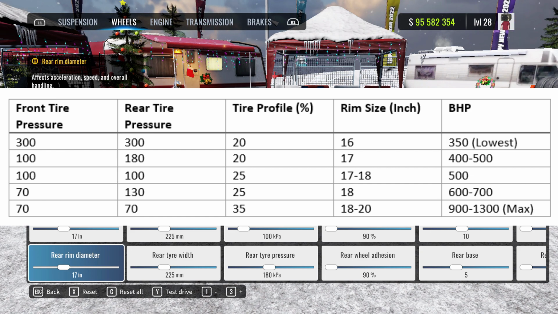Option number 5, your 70 35% tire profile with rim sizes of 18 to 20 with brake horsepower of 900 to 1300 or the max. This is if you want to do this FD style 90 adhesion. This is super fast. You can't hold super big angles, like, how do I explain this? It's just very fast. So if you're watching this video to go fast, there is your base